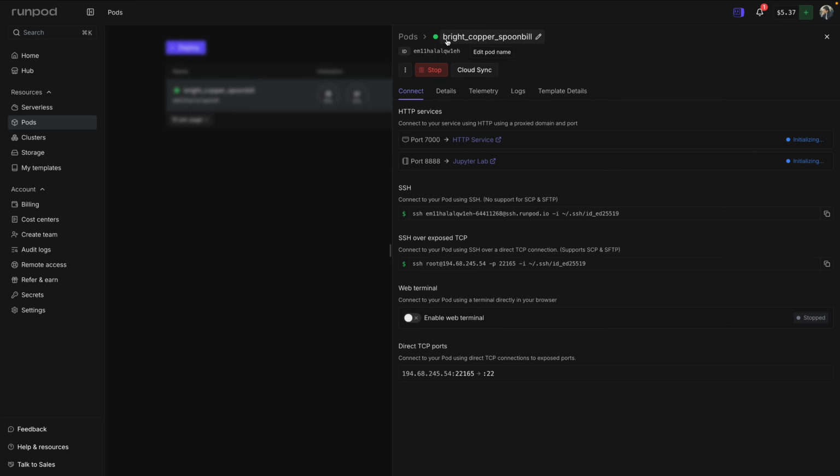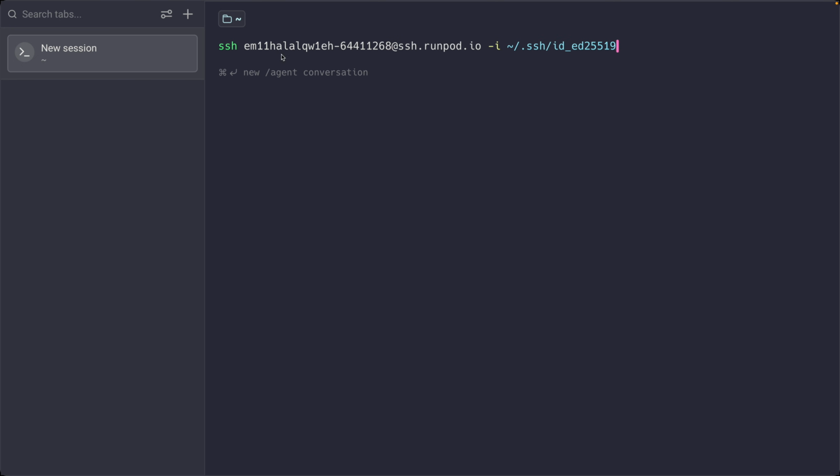Alright, you see the green indicator that the server is now up and running. We just need to access it. So I will just copy this code and go to the terminal, and in this terminal I'll paste this code. Your private SSH key with this name exists.